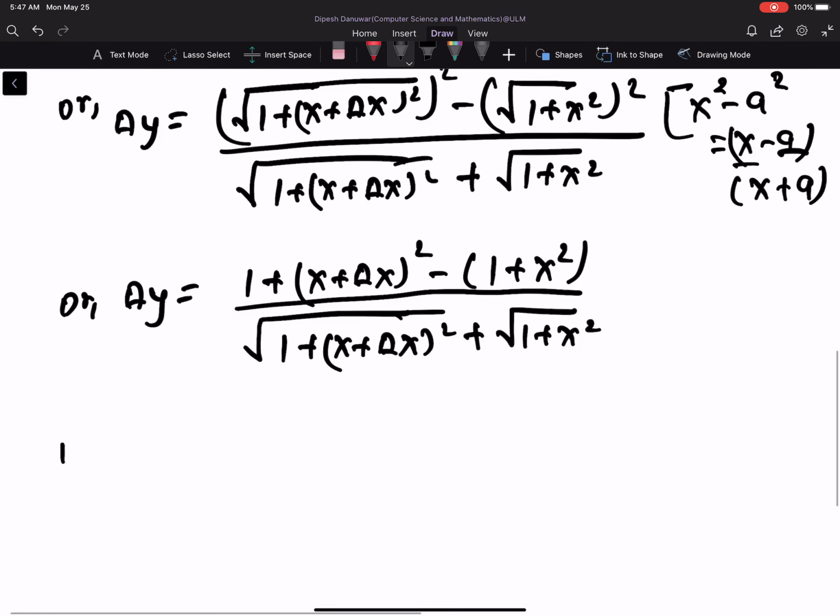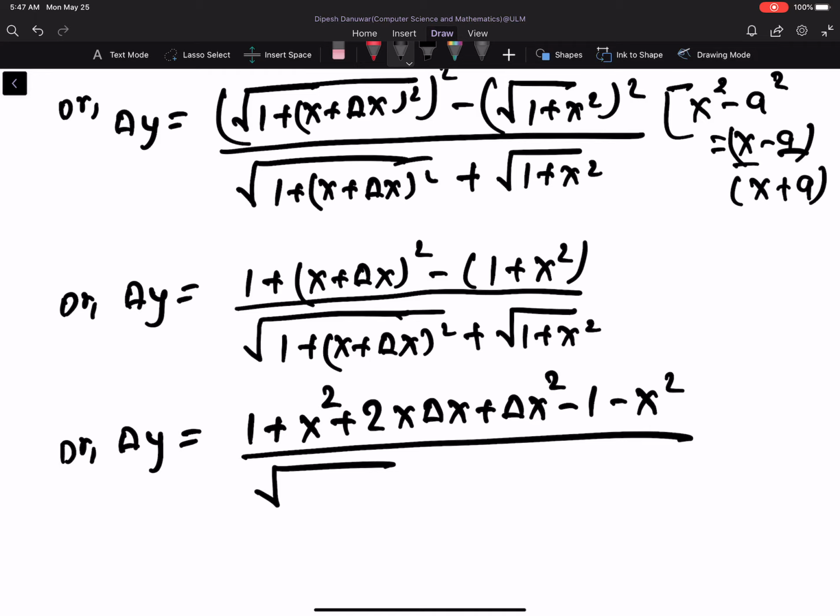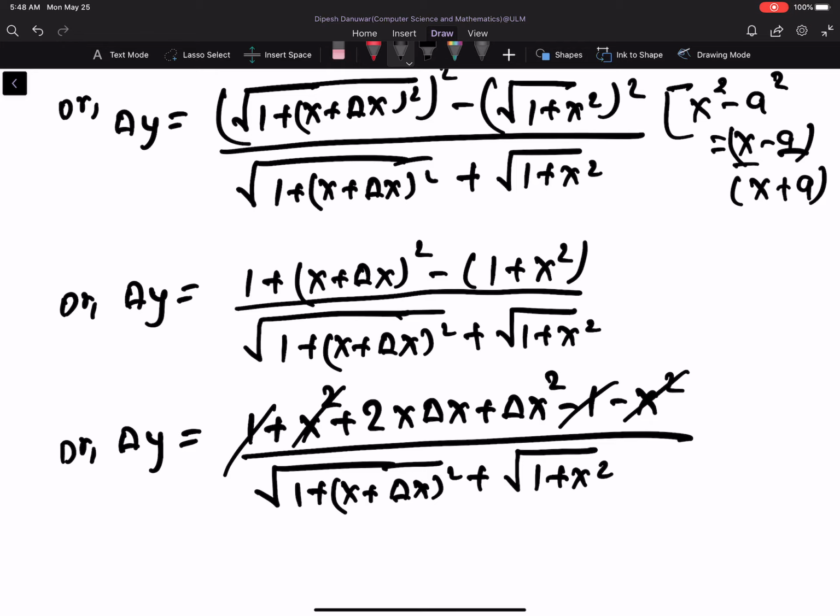So now, delta y is equal to 1 plus x square plus 2x delta x plus delta x whole square minus 1 minus x square, divided by the same part, root under 1 plus (x plus delta x) whole square plus root under 1 plus x square. So 1 cancels with 1, x square cancels with x square, so you have left now